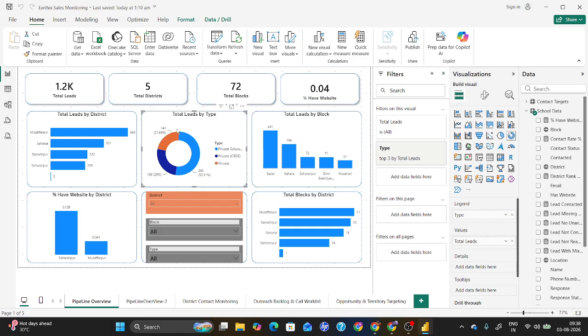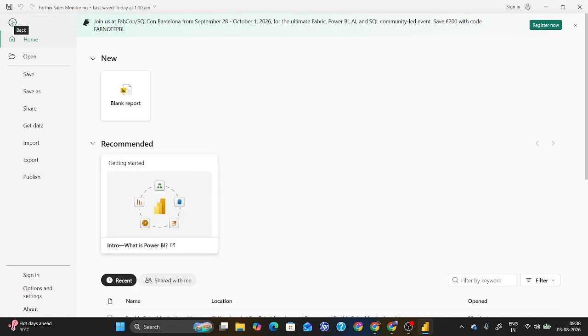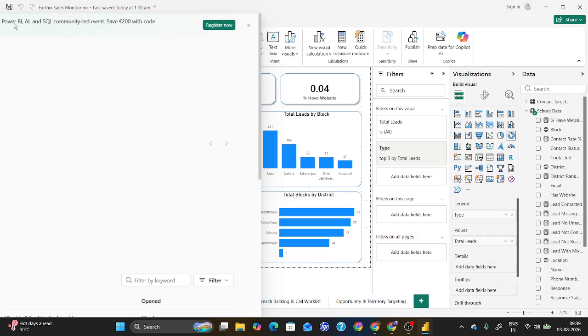Now let's finally talk about the ribbon. In the ribbon, first here we have the file. When we click on the file, we actually get a lot of options here. But here we have options and settings. Clicking on this, you can do any kind of settings in your Power BI. And after that,